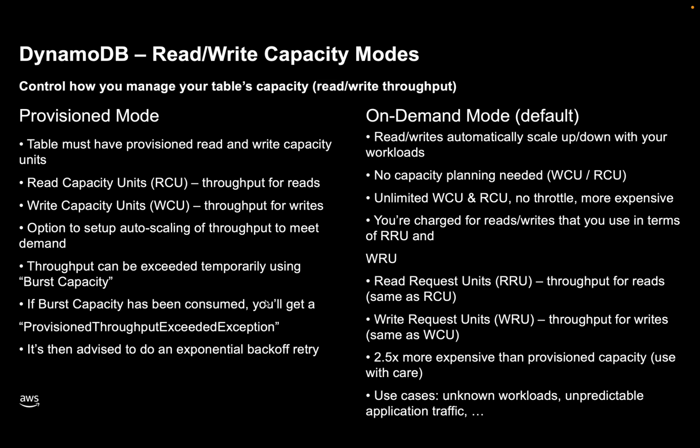Read capacity units are the throughput for reads, and write capacity units are the throughput for writes. And there is an option to set up auto scaling for the throughput to meet the demand when there is a huge spike in the load on